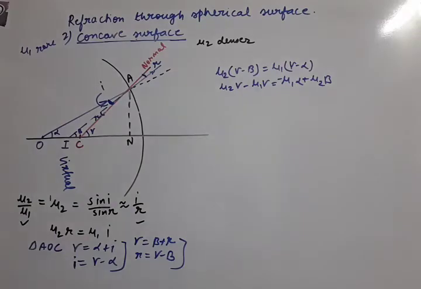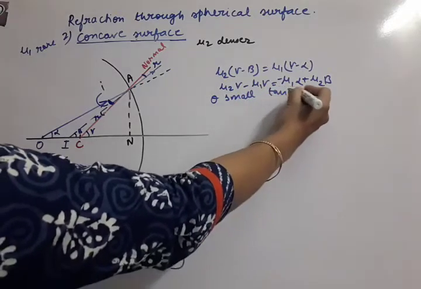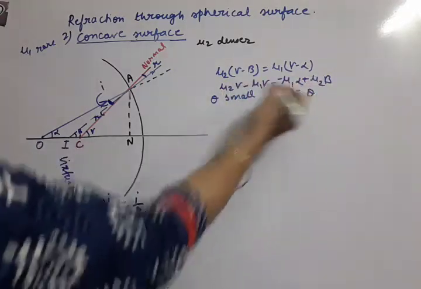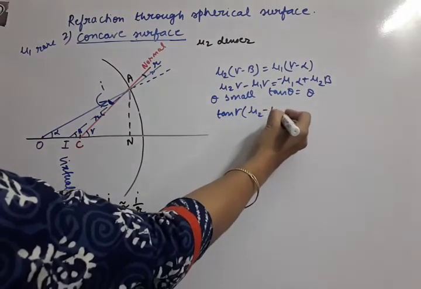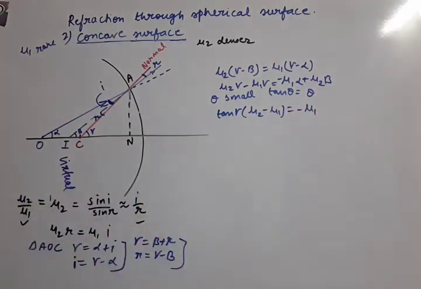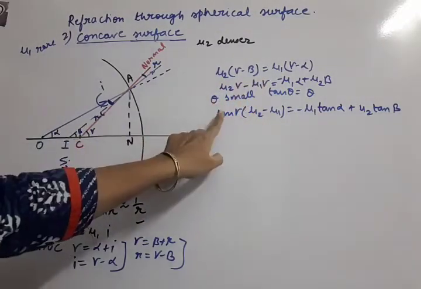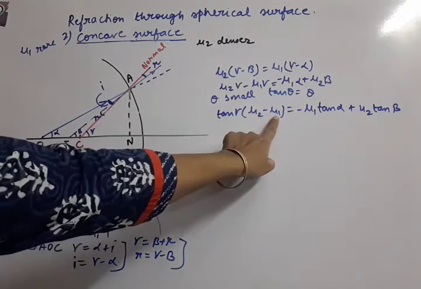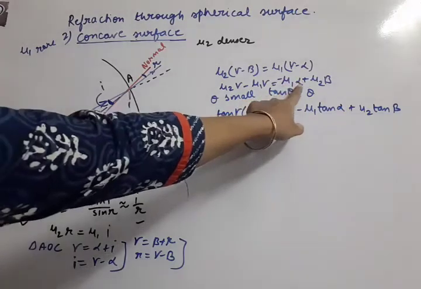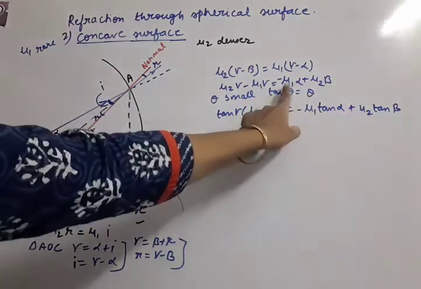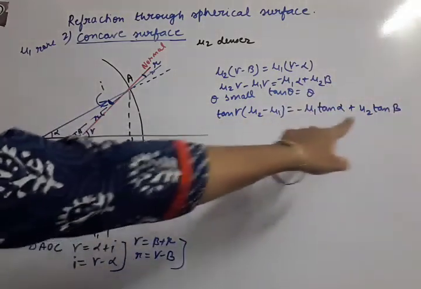Now with the help of the property again, that if theta is small, tan theta becomes theta, every angle we will write as tan of the angle. Like gamma I will write as tan gamma, alpha I will write as tan alpha. We have replaced them. Here gamma is common, so gamma taken common, mu 2 minus mu 1 is in the bracket, and gamma approximately we have written as tan gamma. In the same manner, all the angles you have to write as tan of the angle. So mu 1 tan alpha, and mu 2 tan beta. Now this expression has come.